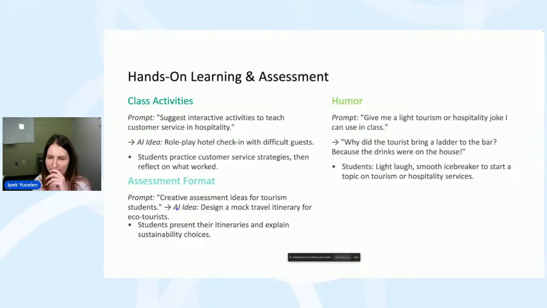I don't know how funny this is, but I asked AI, give me a light tourism or hospitality joke I can use in the classroom. It said, why did the tourist bring a ladder to the bar? Because the drinks were on the house. So basically, the drinks are on the top of the house, right? So they need a ladder. I don't know, this is funny to me, but you can, of course, ask for other funny jokes.